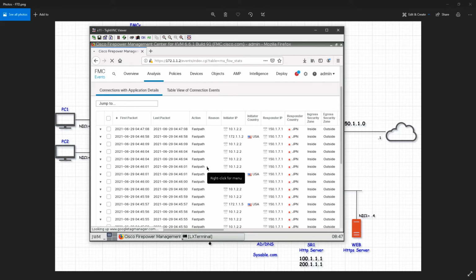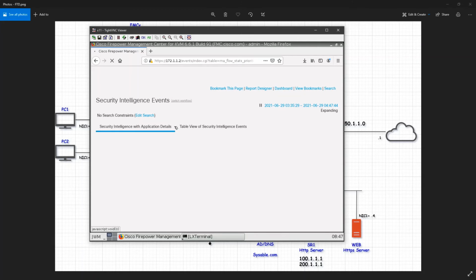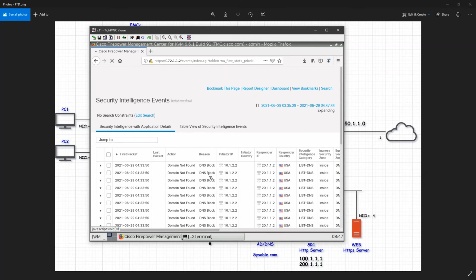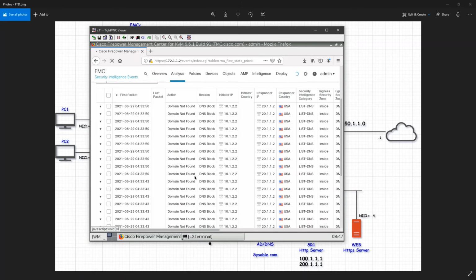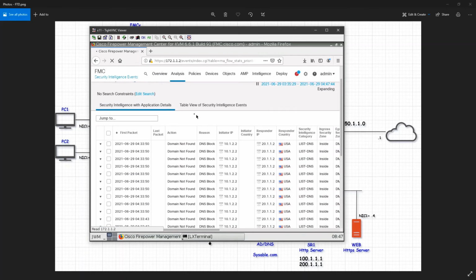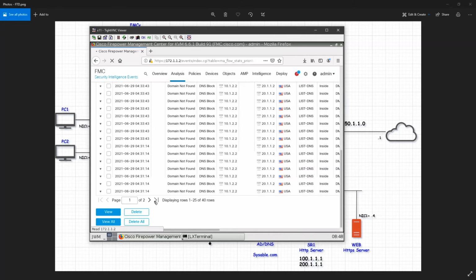But if you remember, we have already done the lab on security intelligence. So I will go to analyze, security intelligence. Right, so here you can see that some of them are domain not found. We are going to do the same thing now. Let me go to page number 2 because we have done 200.1.1.1. We have blocked that one using those feeds.